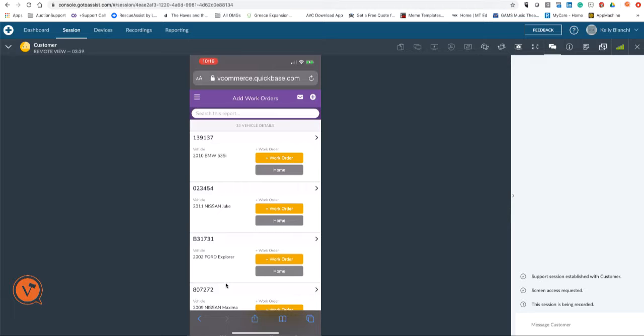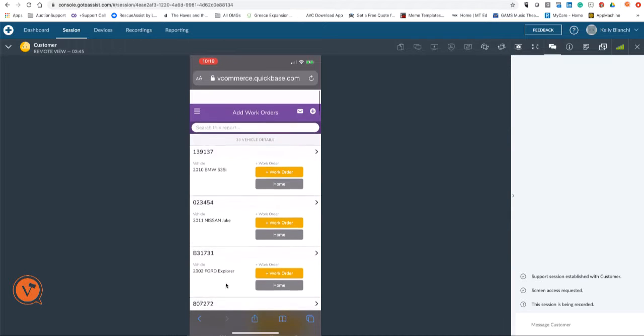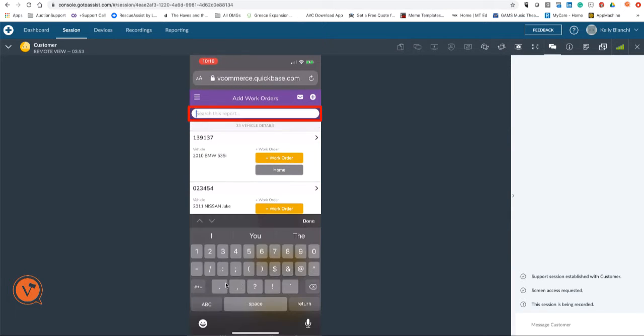and the first vehicle at the top is going to be the one that we just entered. If the vehicle was on the list and you had to search for it, you could just type in at the top of this report. We'll do this one, 807272, just to show you that it'll bring that right up. So I'm going to X out of that and return to my original search, and I'm going to add this